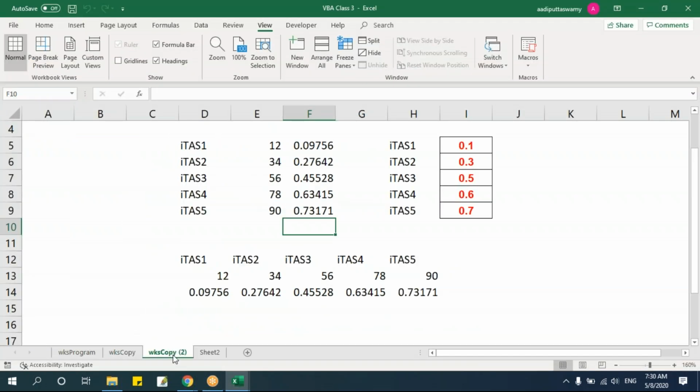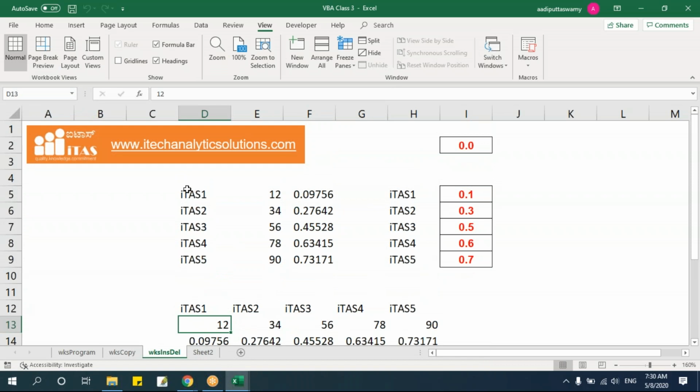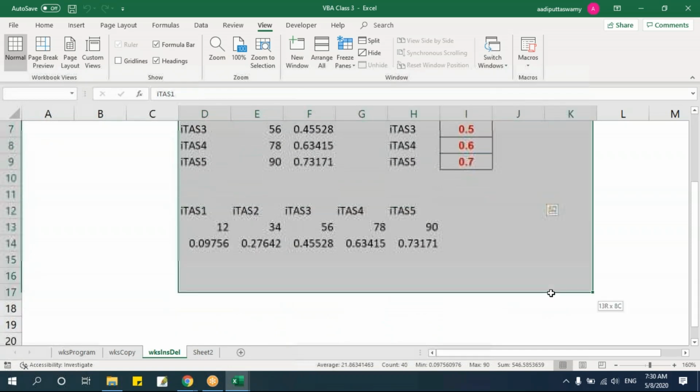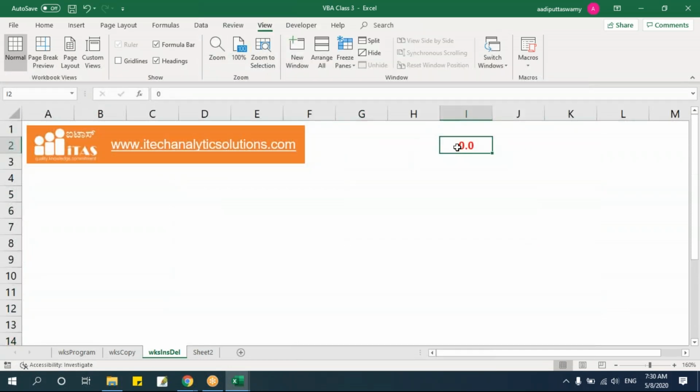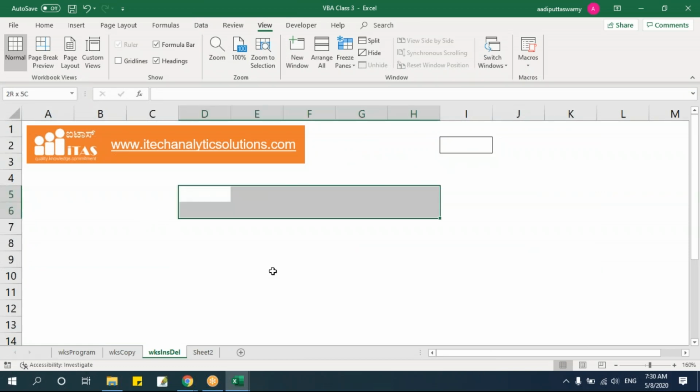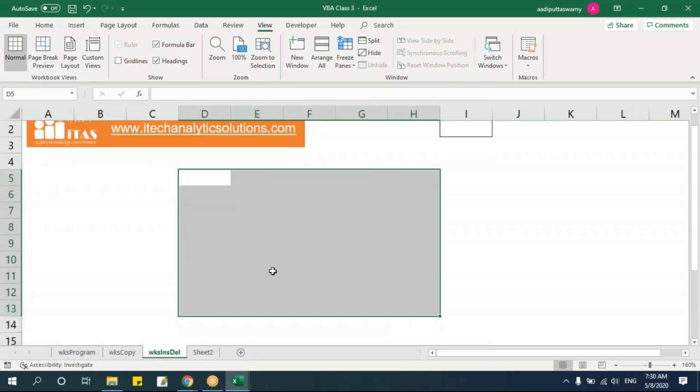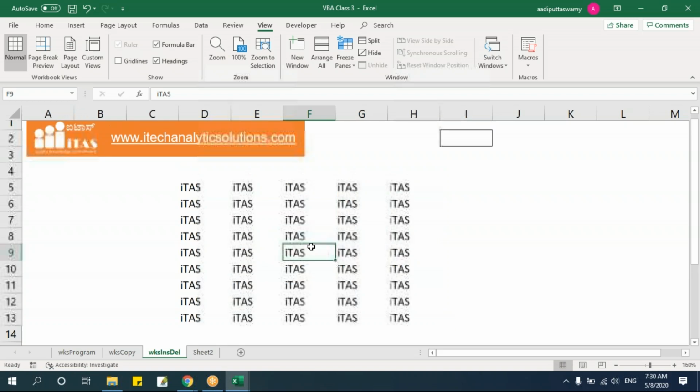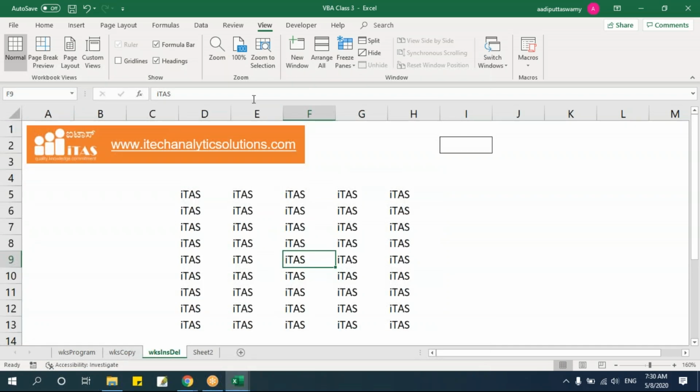Next we'll see how to insert and delete rows and columns. Let me clear all this. Right. Let me go here. I'll try to create one small table immediately. Just one small table. Say if I use Control Enter, we get a table here. I want to insert one column here. If you want to insert a column,